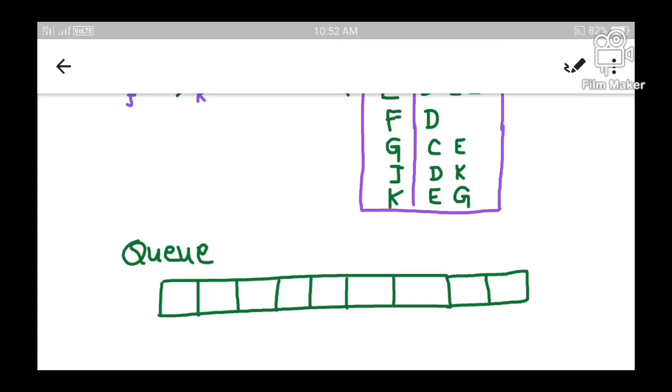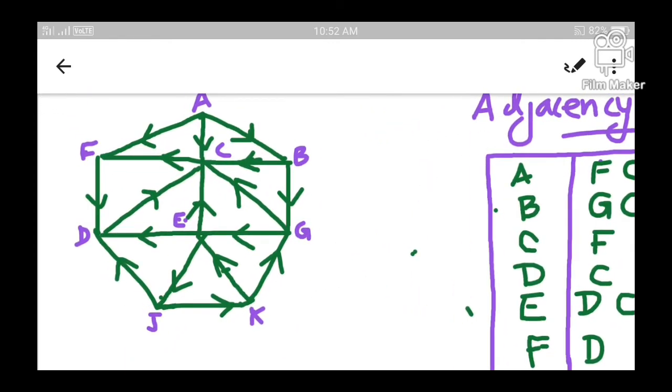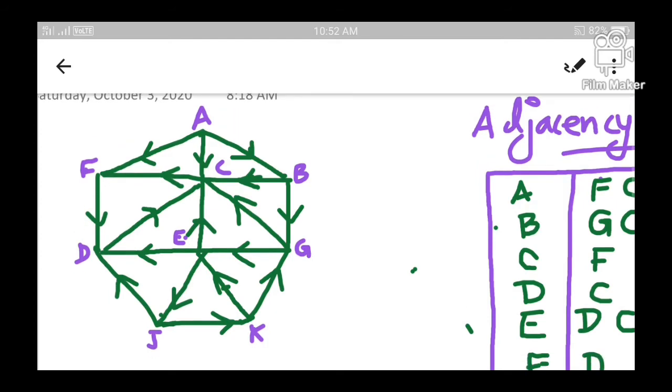Let me clearly specify the operations or the steps that are coming under the algorithm. Algorithm says you have to start visiting from any one node of the graph. That means it is of your choice that where do you wish to start the traversal. So let me go to the graph first. From the graph, I have decided to start from node A. So you have to select the starting node.